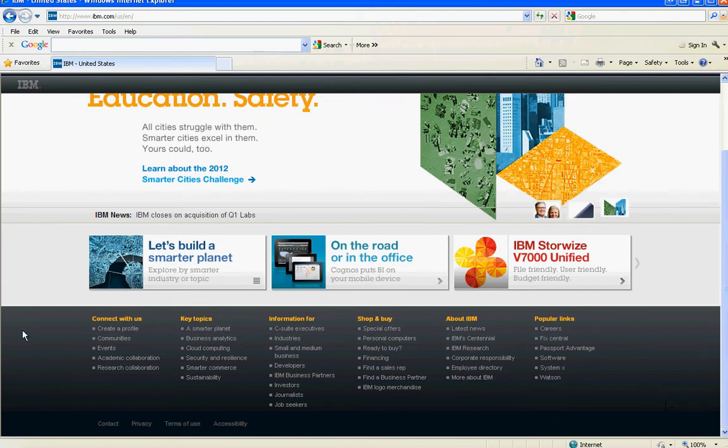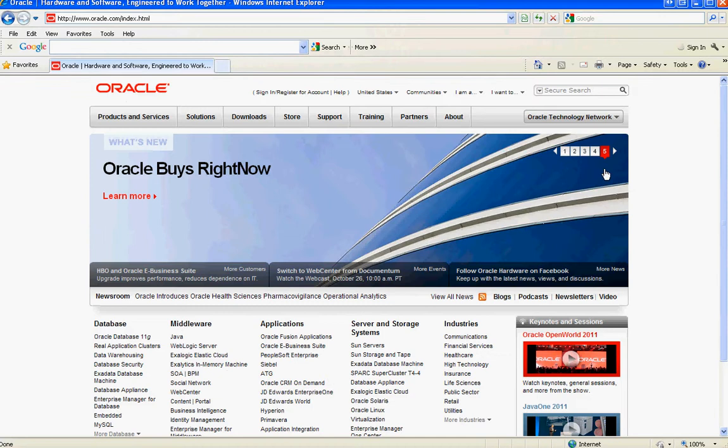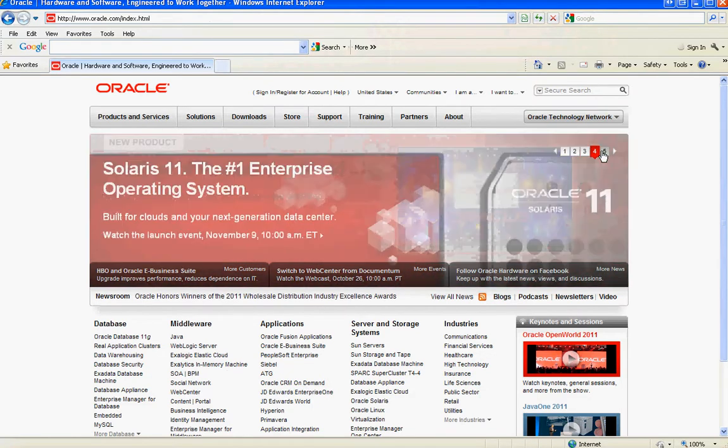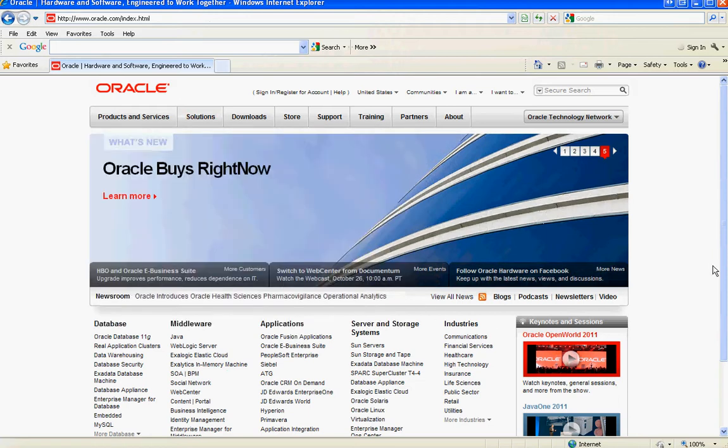We also see footers today that wrap the entirety of the site. Oracle, another leader in healthcare: logo on the top left, search on the right, top nav with the drop downs, and featurettes. We're not saying that everyone should do the exact same thing. What we're saying is that this structure works very well,